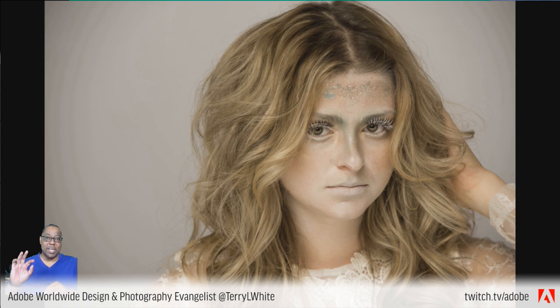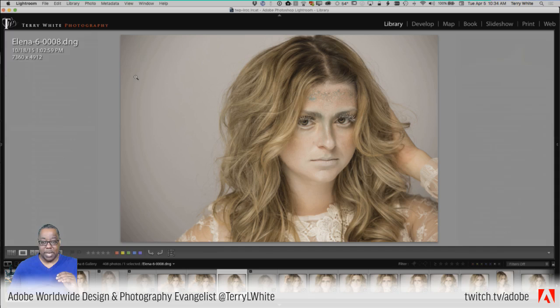But the letter F will go full screen, and you still have your keyboard shortcuts for P for pick, X for reject, 1 through 5 for your star ratings, 6, 7, 8, 9 for your color labels. Once you know those numbers, basically 0 through 9, what they do, and P for pick, X for reject, you can still have your caps lock key down, you can hit the keys, and it will advance to the next image. But you get to see a nice full screen version of it where you're looking for little details that will help you determine whether or not you want to use that photo or not.